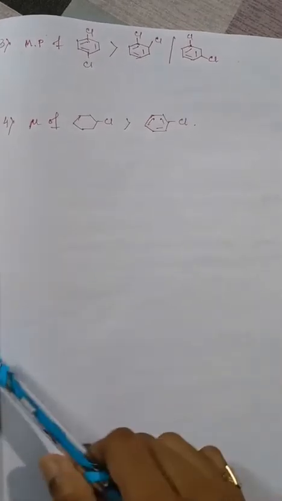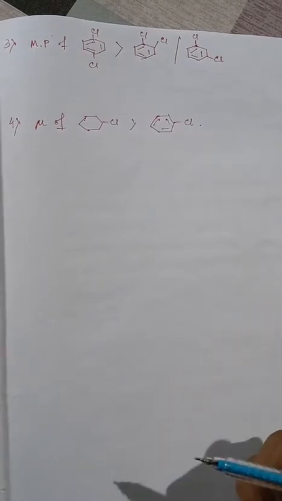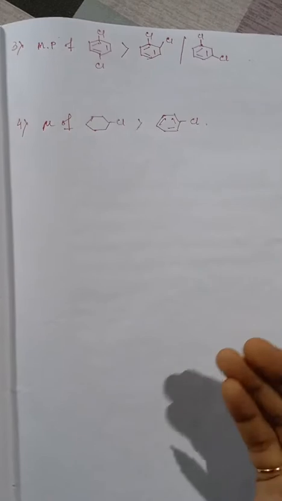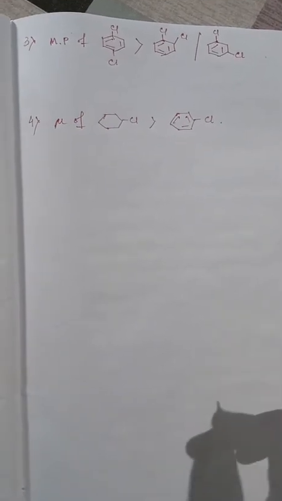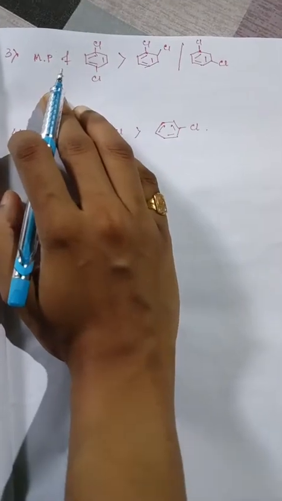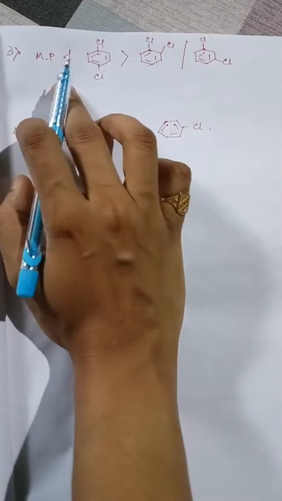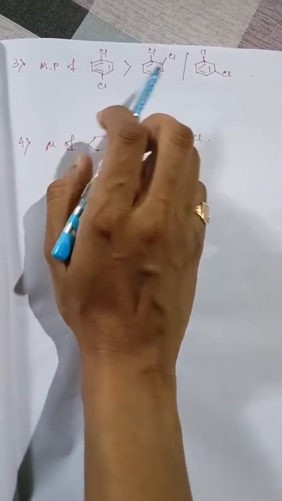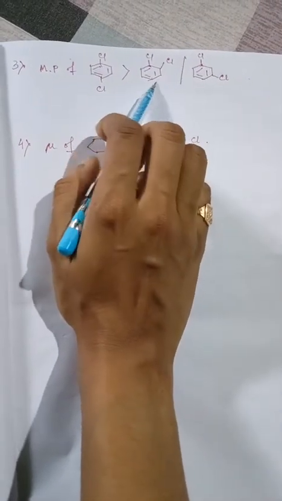Hi. So I have already uploaded these questions in my shorts video. So now what is the answer? What is the reason behind these two questions? Now see, here the statement is the melting point of para-dichlorobenzene is higher than the ortho or the meta